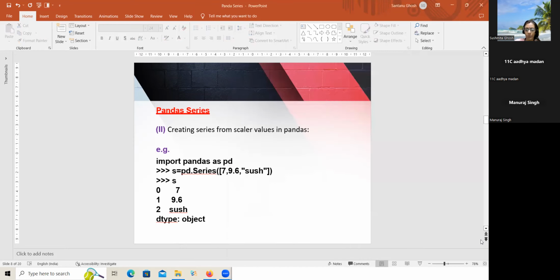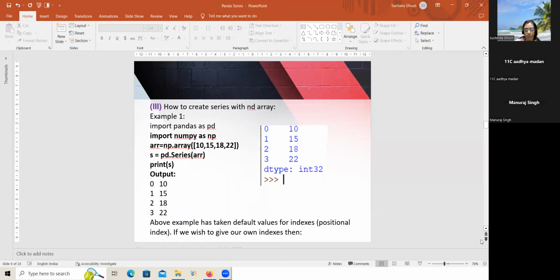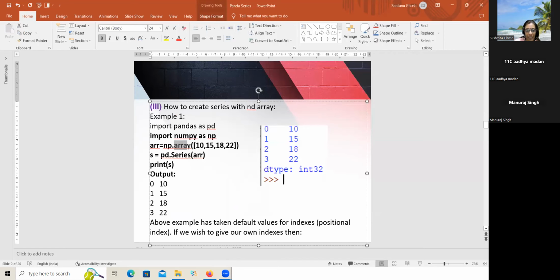Now let's see how I do it with arrays. For creating the array, we had used the array function. If you remember in 11, we had done the arange function. We had done zeros, ones. It would create a numpy array accordingly. We have done multiple functions. Let's use a few and do it now. You create the array, or I'm going to use the existing array, and just use that name here. Okay. Default indexes, you can see it has picked up